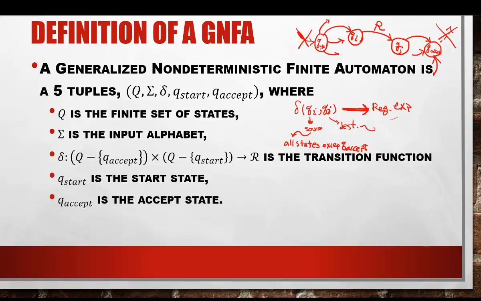So the destination states effectively are all states except Q start. So that's why the delta takes the form of Q minus Q accept cross Q minus Q start, because these will serve as source states of a transition, and these will serve as destination states of this transition